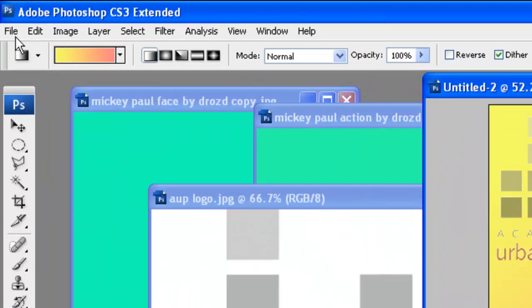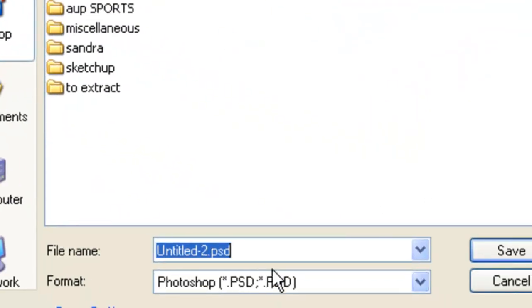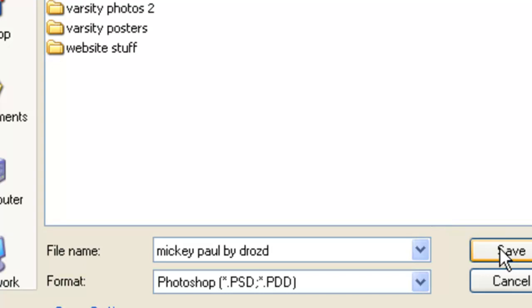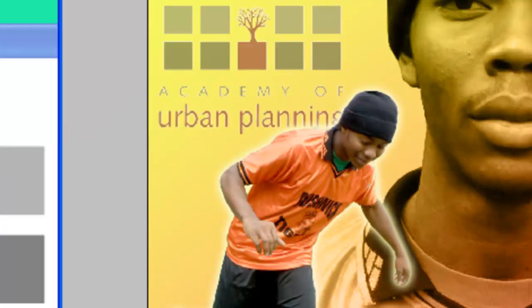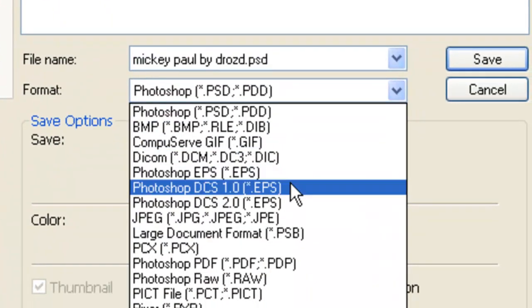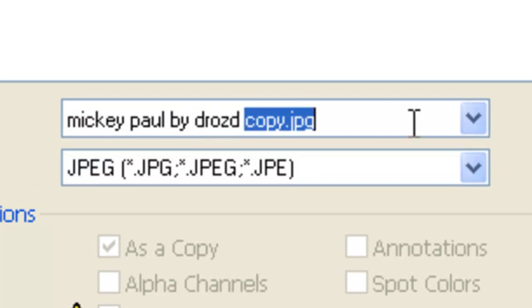So for example, we're going to save this one as File, Save As. We're always going to save it as Mikey Paul by Droz as a PSD. So once you do that, let's save it to AUP Sports. So now we've got it as a PSD. Now we're going to start saving as JPEG. So File, Save As, drop down to JPEG, and right after where it says Droz, where